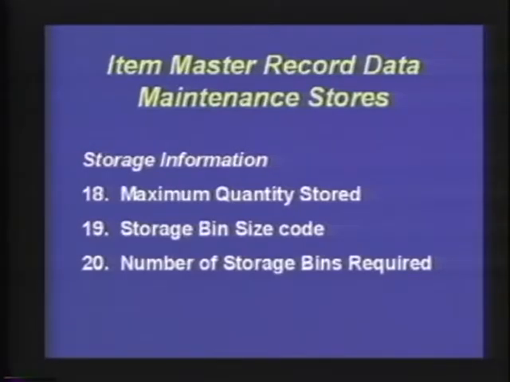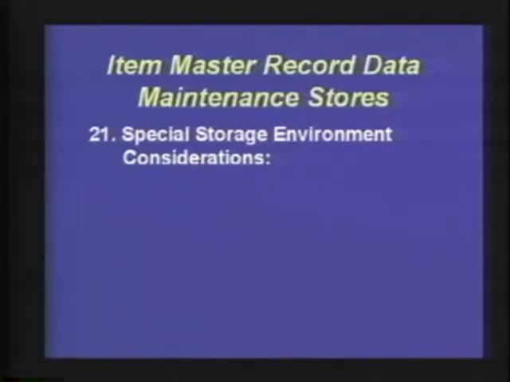Item 20 pertains to the number of storage bins required from the calculation on item 18 above. And then 21 are special storage requirements. These are established by OSHA, by EPA, and other governmental agencies, and maybe by your own insurance underwriter. I have only listed a few here, and as you see at the bottom of this exhibit, item H indicates